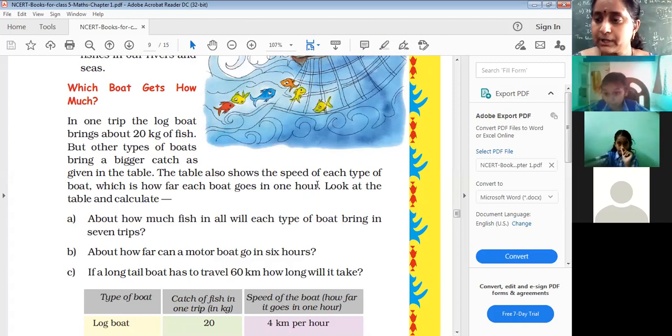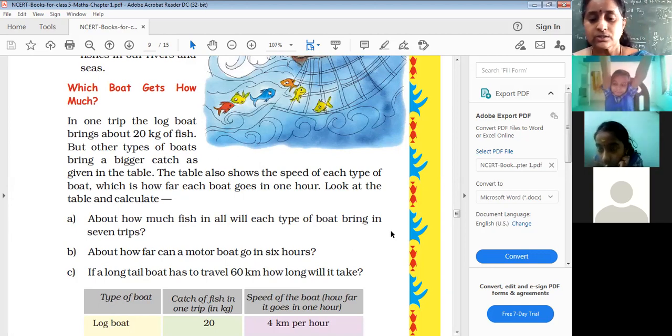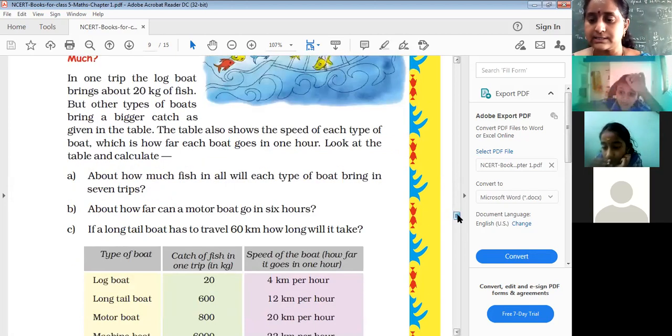Look at the table and calculate. About how much fish in all will each type of boat bring in 7 trips? About how far can a motor boat go in 6 hours? If a long tail boat has to travel 60 kilometers, how long will it take? So we have to answer all these questions.